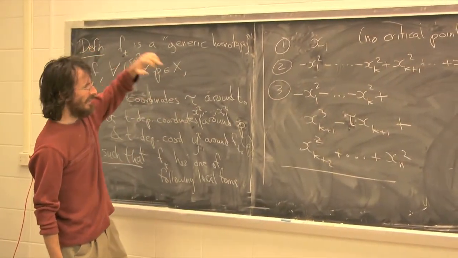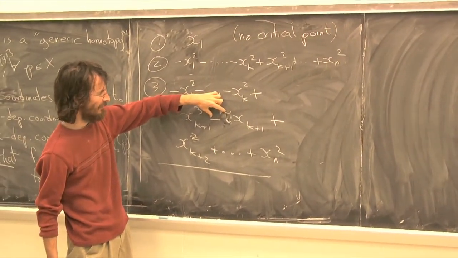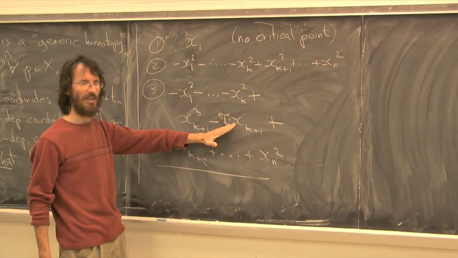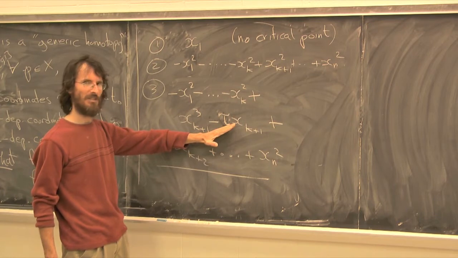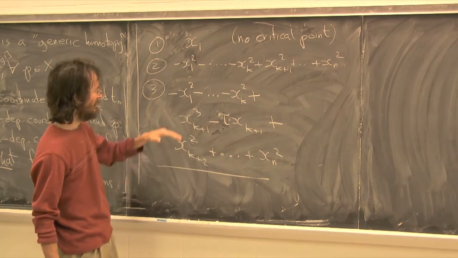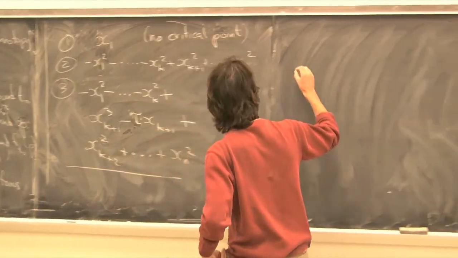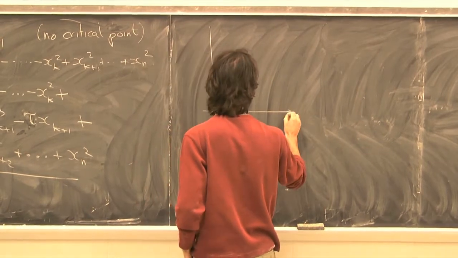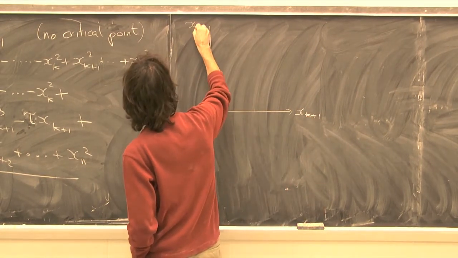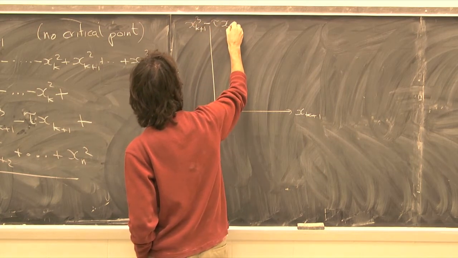And notice that I put a minus sign, so when time is negative, this is a plus, so the derivative of this is positive, and then we don't have any critical points at all. And when time is positive, I have 2 critical points. We won't do the calculation here, but if you just look at the xk plus 1 plane, and you look at xk plus 1 cubed minus tau x,